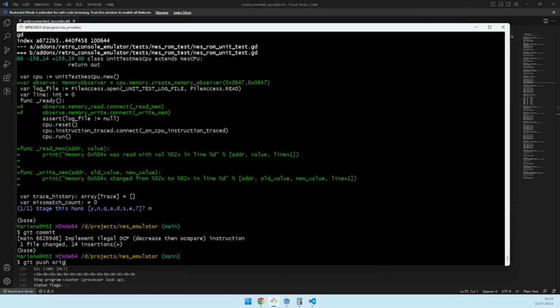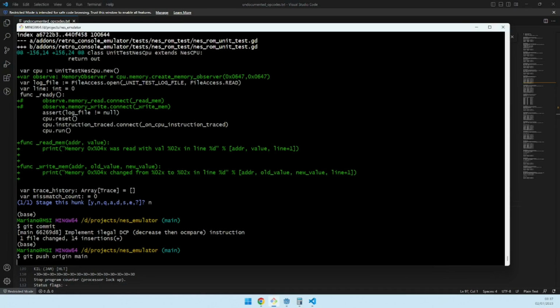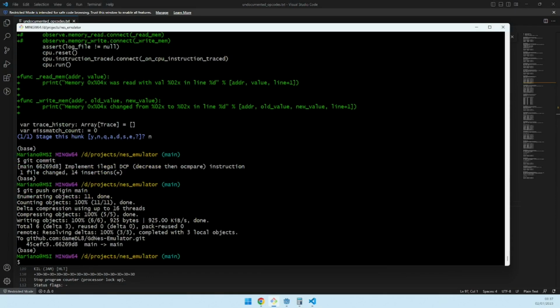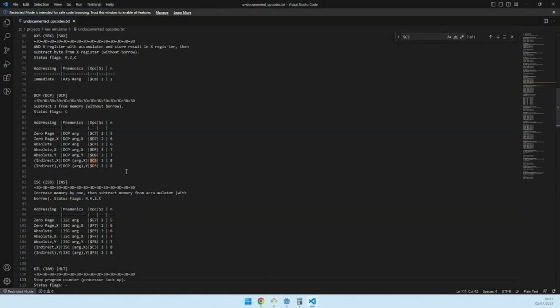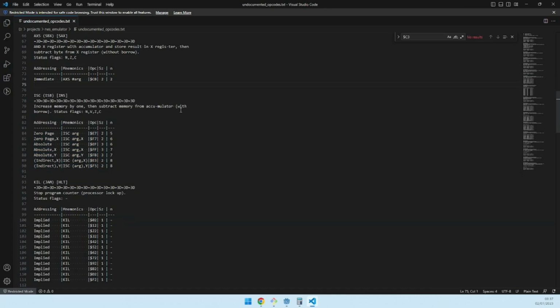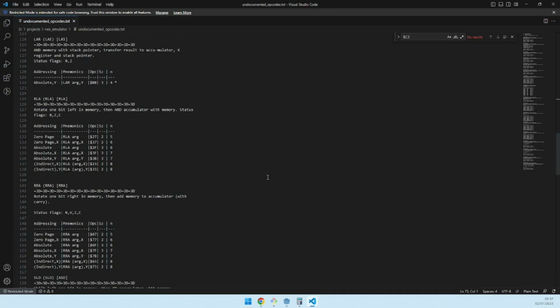Git push origin main. So we have been online for about 3 hours and 15 minutes. So before I forget, let's remove this from my list of things to implement. And we are missing